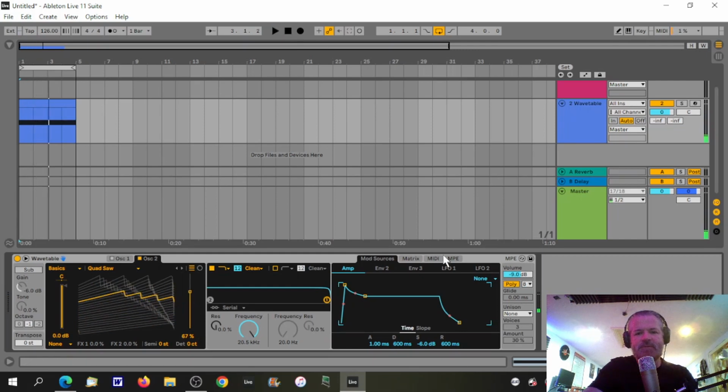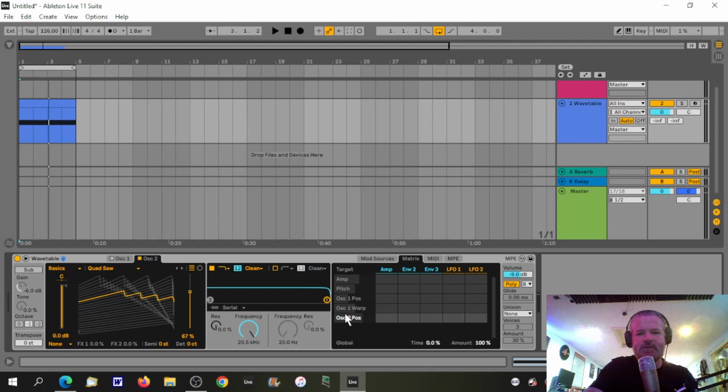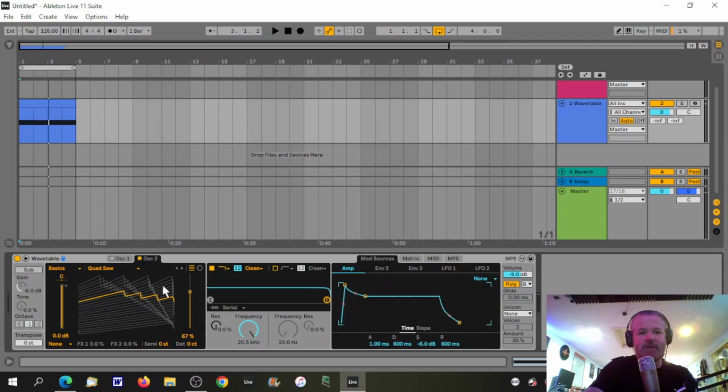And then in our mod matrix over here, we could start to apply LFOs and envelopes to this so it evolves over time. This is something I'm going to have a look at when we do it on the Deluge, because this is not particularly about the Wavetable VST. But if you bring both of those in together,